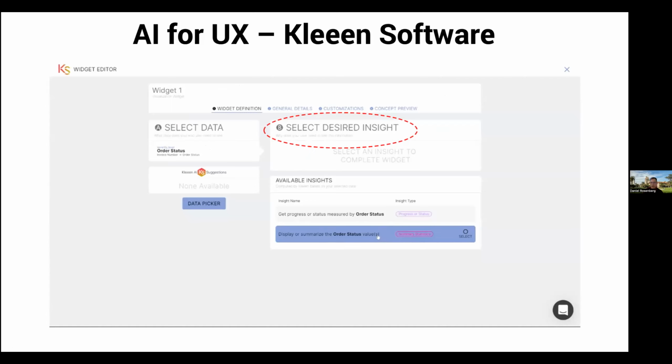And what you need to explain is, what are the requirements for the widget? What is the desired insight and functionality that this widget would need to express?